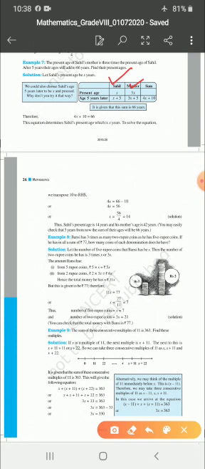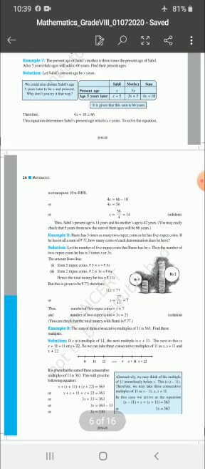Okay, after 5 years, what happens? Sahil's age after 5 years will be x plus 5 and his mother's age will become 3x plus 5. Normally, if you add these ages, we get 4x plus 10. But in the question, he has given that 66 should be the answer.